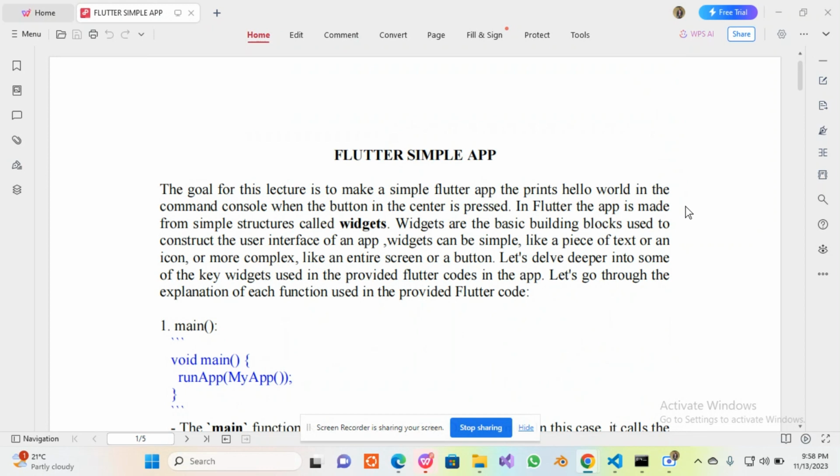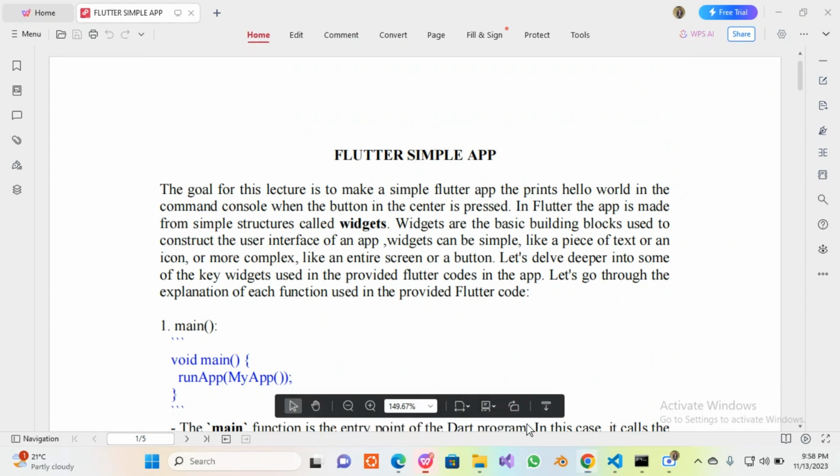This week, we're going to make a simple app in Flutter. The goal of this app is basically just to print hello world in the command console when a button is pressed. So we are going to learn the basic concepts of Flutter, because Flutter is made of what, like,